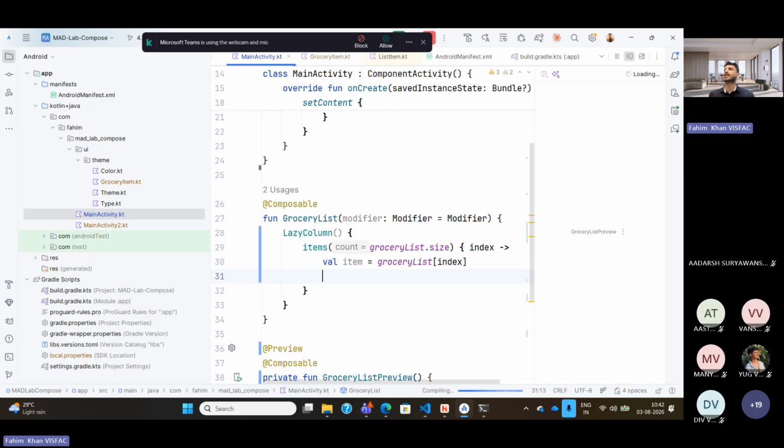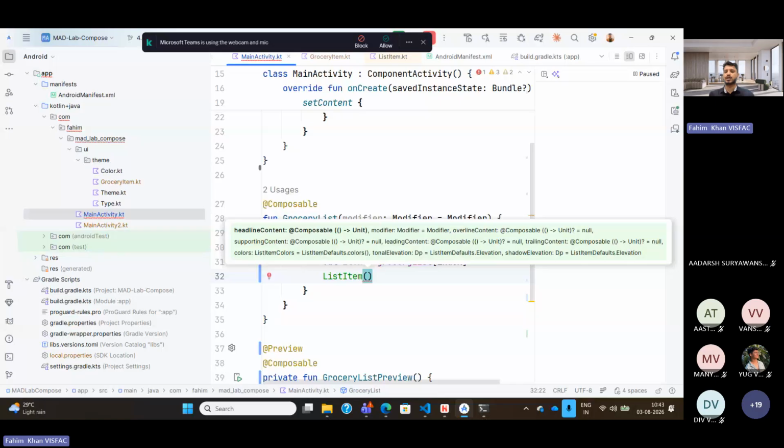Now we want to iterate our loop. So this item will act as a loop, and it will iterate one by one. So index 0, then index 1. So if you want to iterate, I'll just say list item. And inside the list item, what I will do, I have